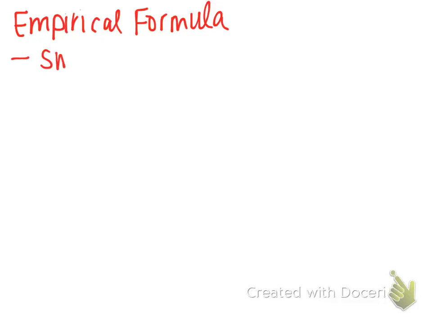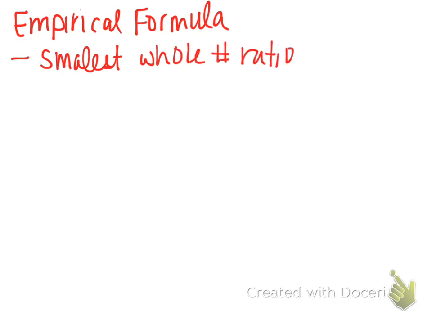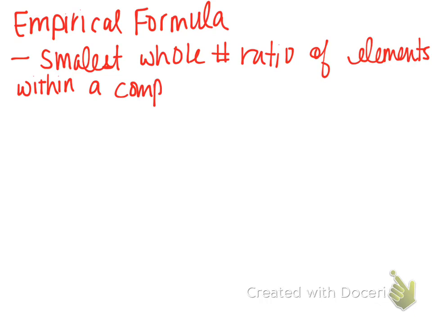An empirical formula is the smallest whole number ratio of elements within a compound. Okay, and so what I'm talking about, the smallest whole number ratio, is that if I have a compound that looks like this,